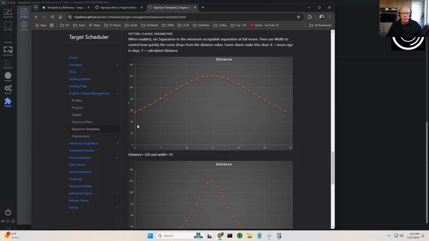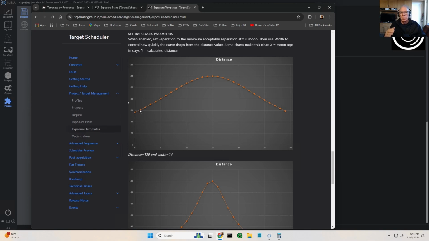Essentially this is saying that when the moon is at new moon, it will image. The moon is not up, so I don't care about the target being some distance away from the moon, because the moon does not exist during the hours that I'm going to image. But as it becomes more visible during the hours that I'm imaging,